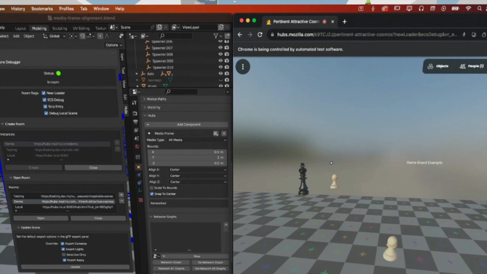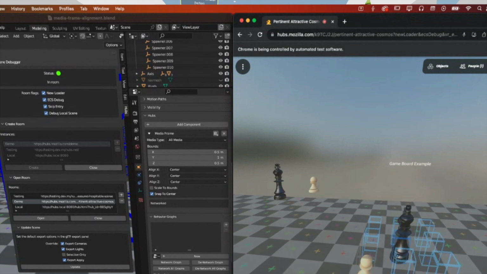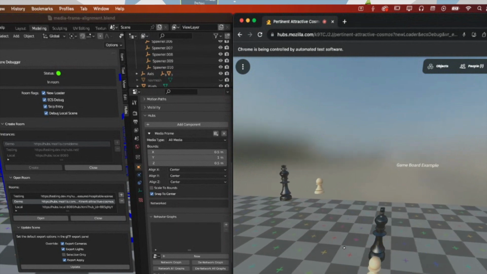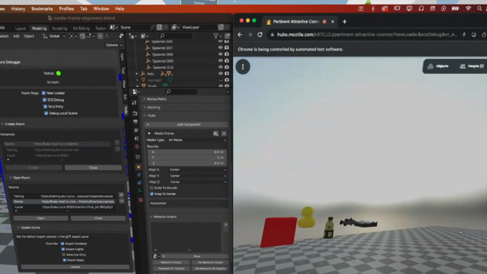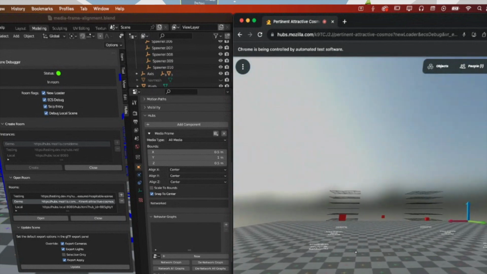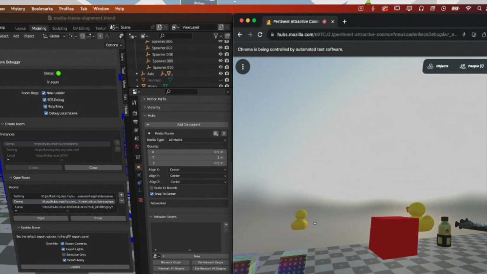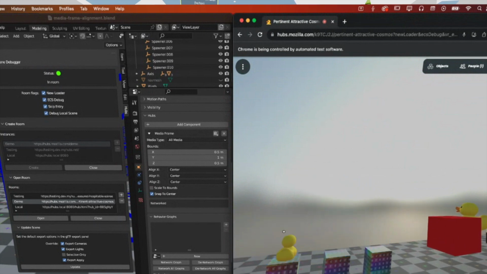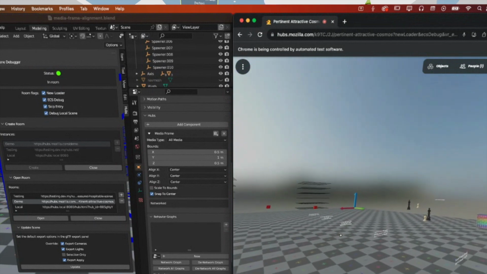This is this chessboard where you can align the pieces to the bottom of the media frame, so they look like they are on an actual board and aligned to the bottom of the board, so that you can play a chess game. And yeah, there are a lot of different media frames here with options. We're not going to go over all of them. This is the same example, aligning to top, bottom, or min, max, center, and it works on all the axes